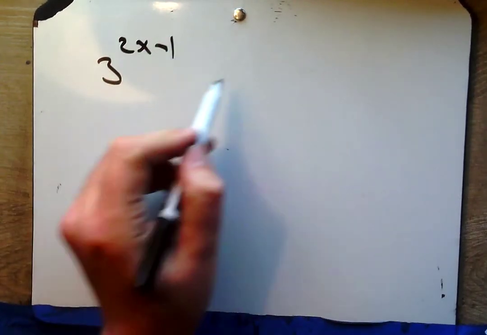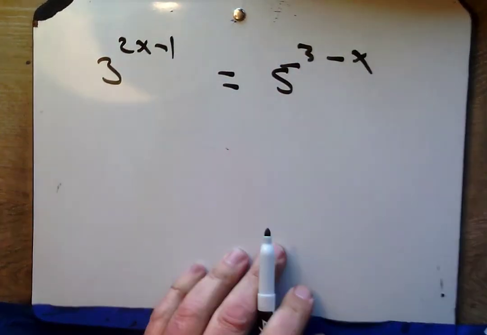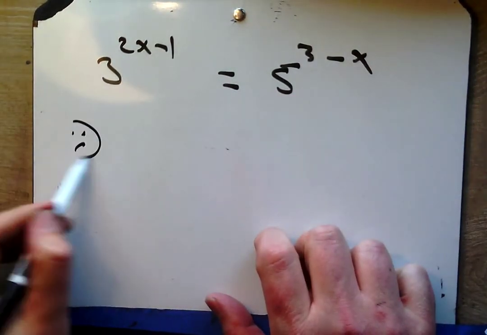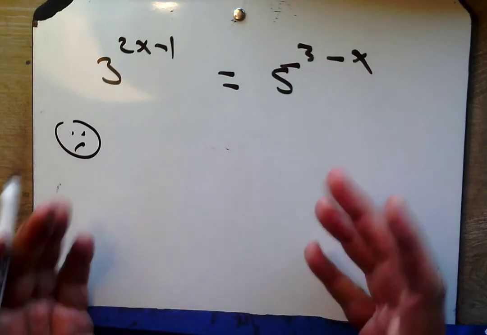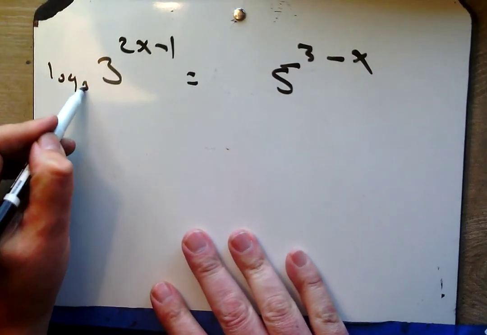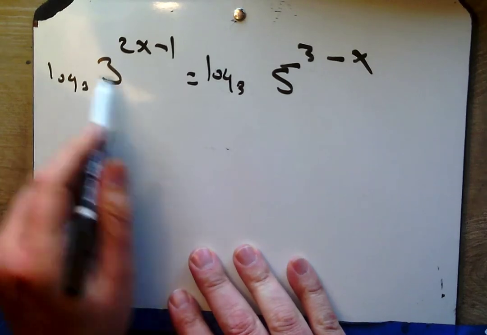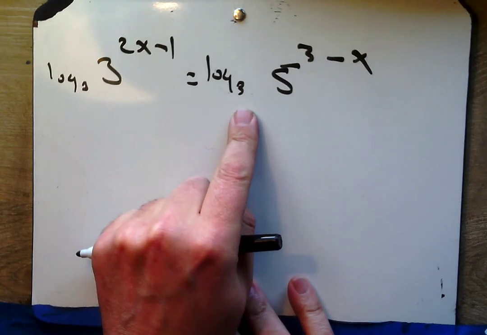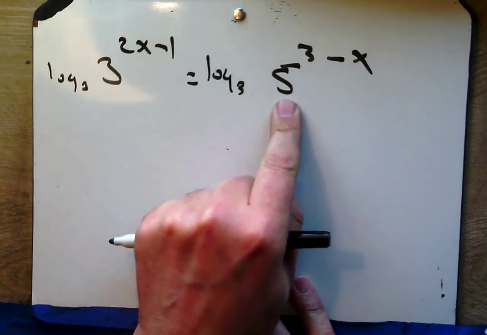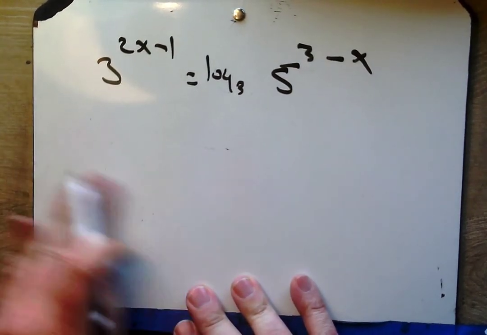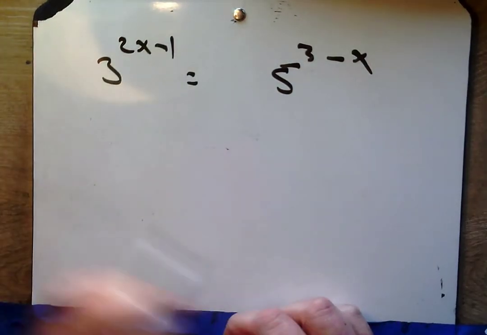Yeah, the scary ones. 3 to the 2x minus 1 equals 5 to the 3 minus x. The bases aren't the same. But, I mean, you could take the log base 3 of both sides. And this side would be really happy and bring this down. Log base 3 of 3 is 1. But here, I'm not going to have the log base 3 of 3. I'm going to have the log base 3 of 5. Sad face. So, while I can do the log base 3 of both sides, I'm just going to do the